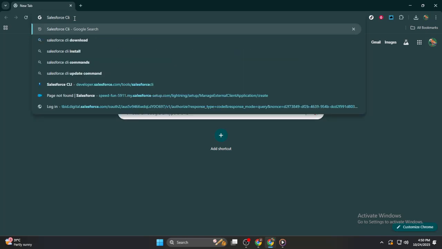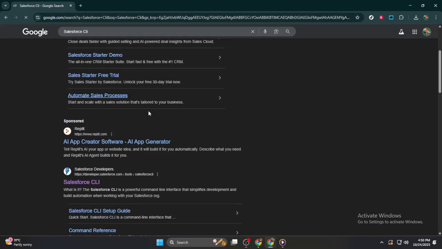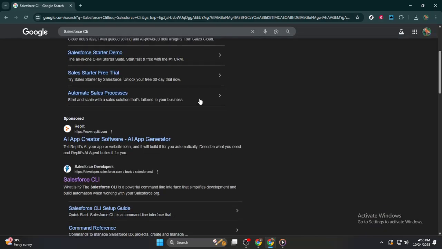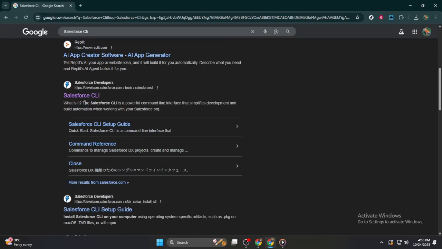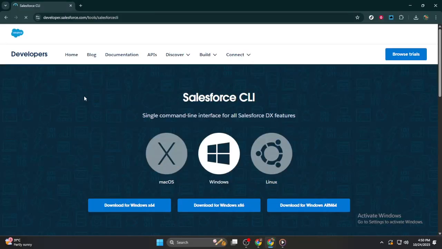Let's dive right in. Start by opening your preferred web browser. The first thing you need to do is to search for Salesforce CLI. Simply type Salesforce CLI into your favorite search engine. This should bring up a list of results, but we're interested in finding the official Salesforce developer site. To do that, click on the link that typically reads